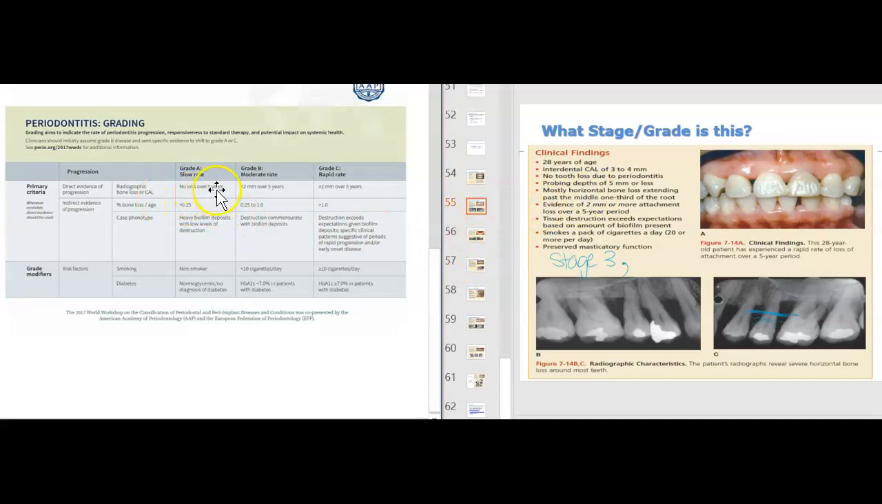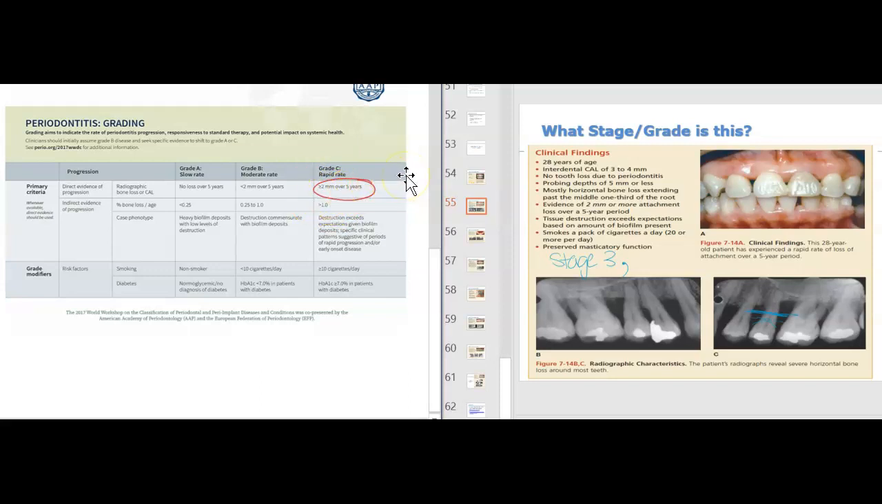Did we see any bone loss over the past 5 years? Well, when you look over here, it says that there was evidence of 2 millimeters or more attachment loss over the 5-year period. So which one does it best fall under? It best falls under this category because it was 2 millimeters or more over